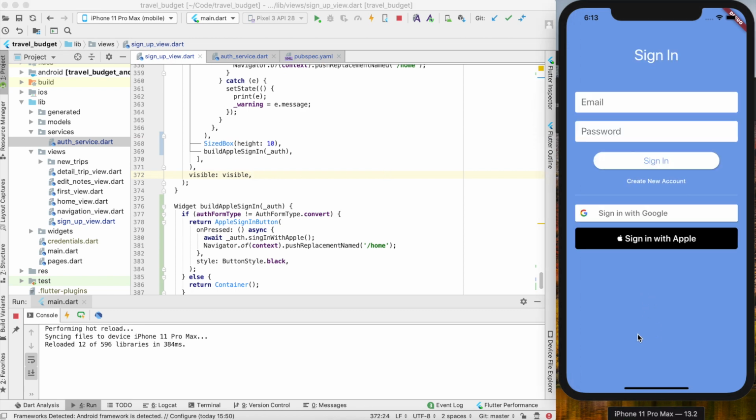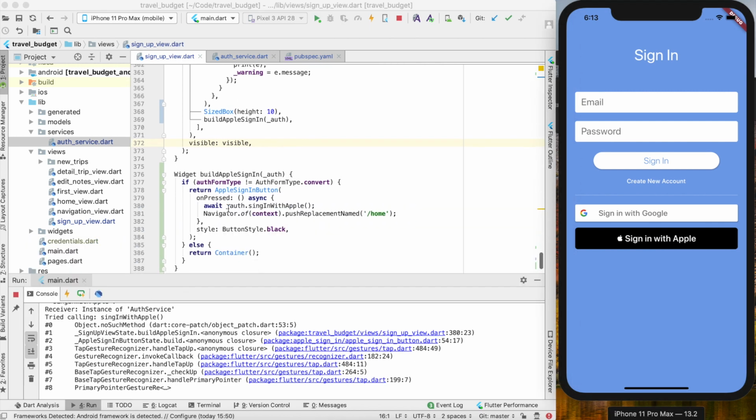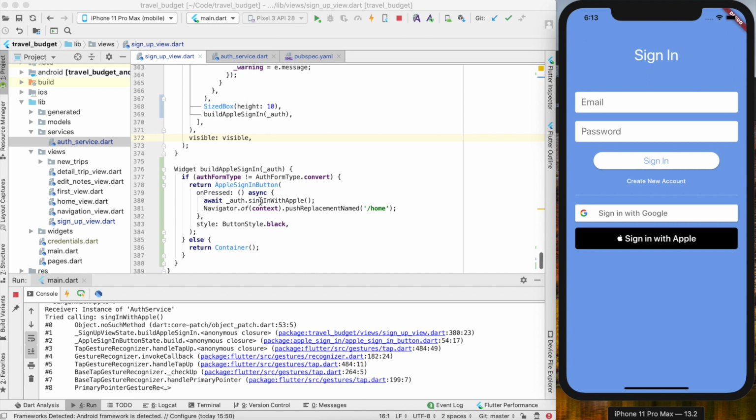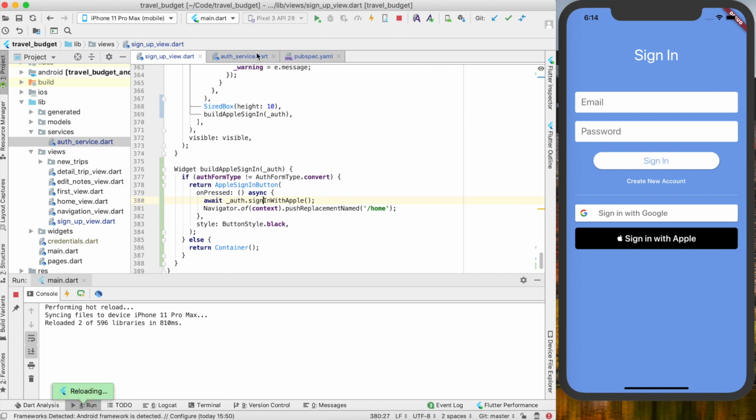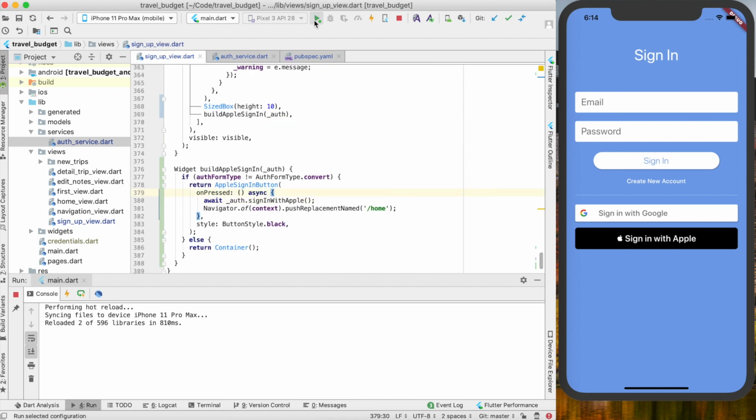So if we could click sign in here with Apple, all right, it's saying the auth service doesn't have this method. Okay, it's actually a typo. This should be sign in. I spelled that wrong. Sign in with Apple, and then in our auth service it is spelled correctly. So that is the reason for that. You can run it again anyway, and